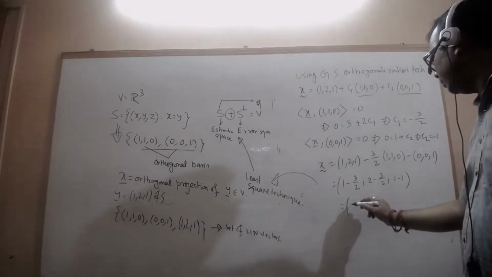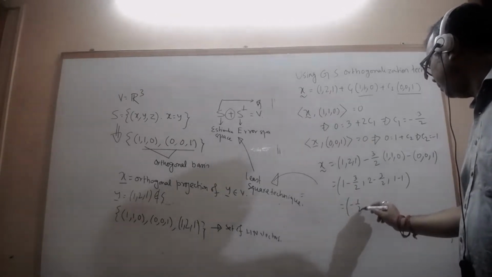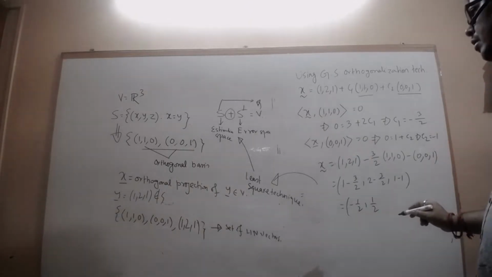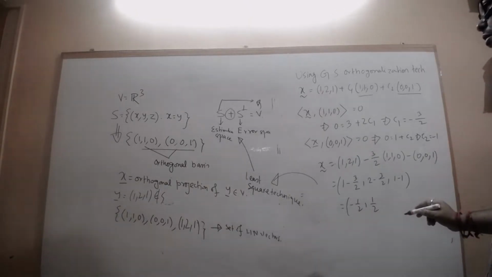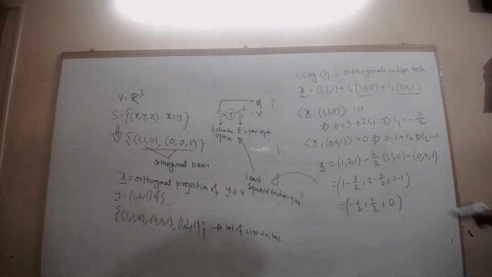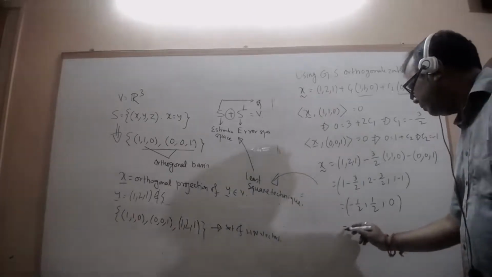This is minus half, half, 0. So this is the orthogonal projection